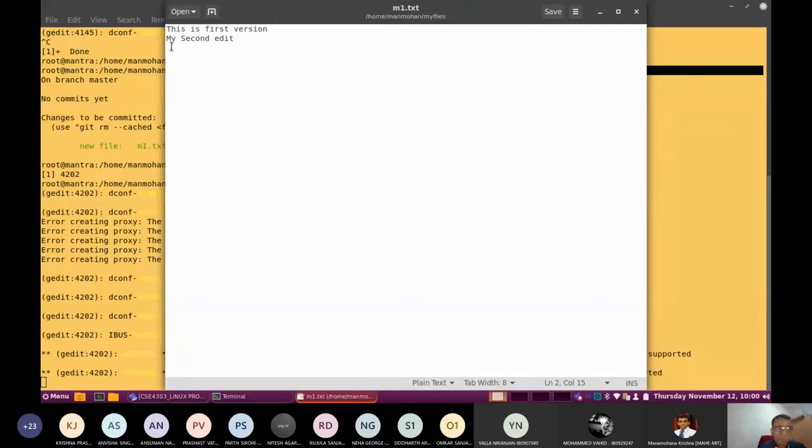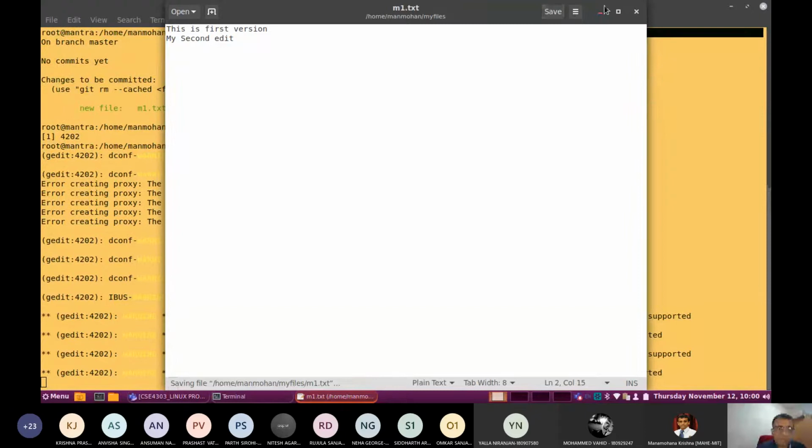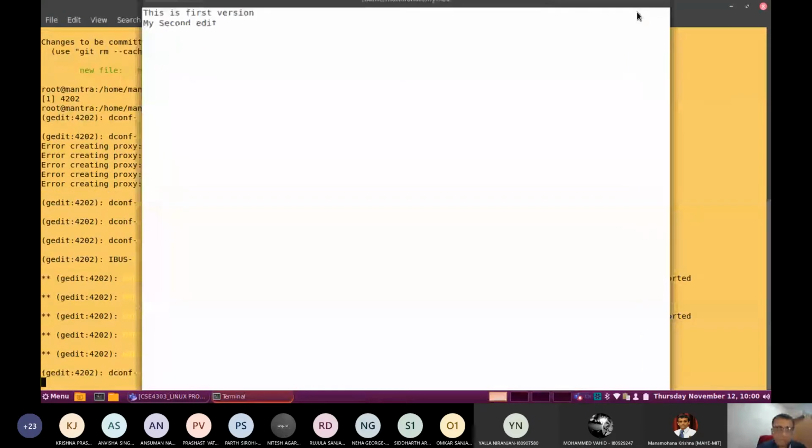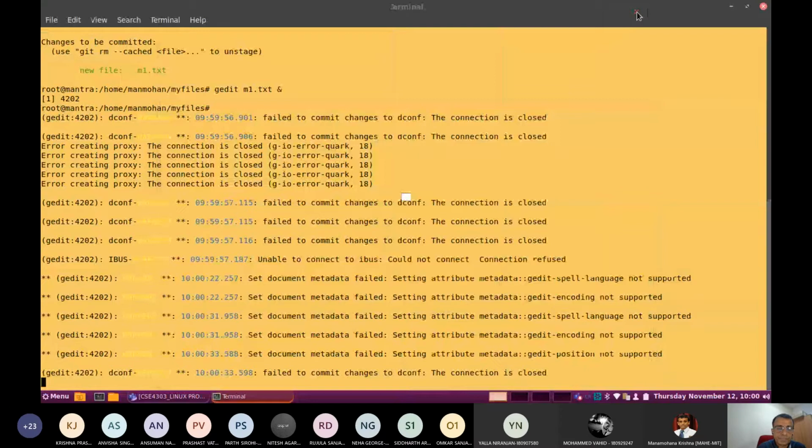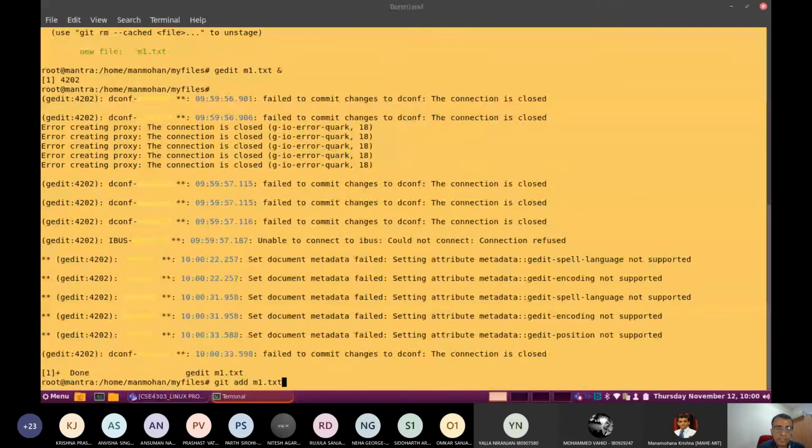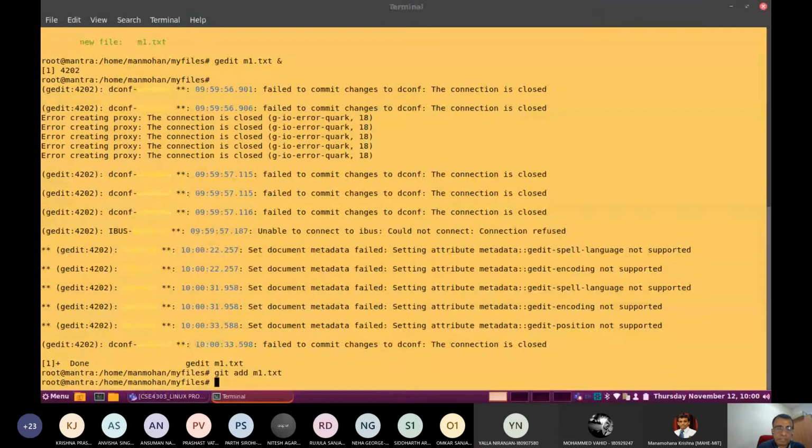Once you close it, you can get those changes into the staging area by writing git add and the file name. Now you find out the status.